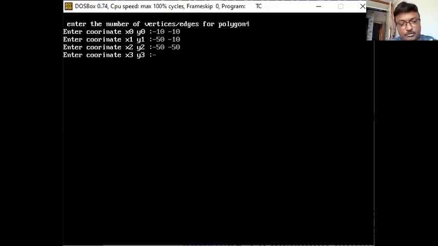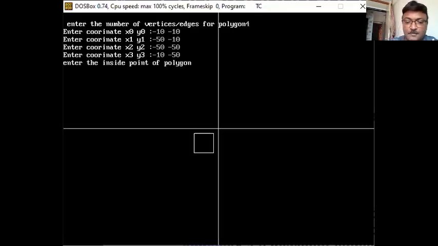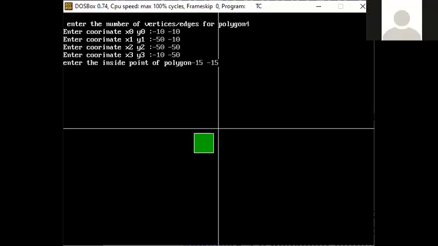You may try on your own, minus 10 and minus 50. So this is exactly a square or rectangle, and minus 15 and minus 15 is my inside point. So it's filling for both. Okay. So you have to try it for positive values as well as negative values, and then fill it up. So everybody understood it?